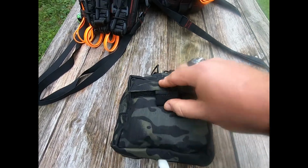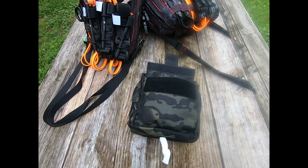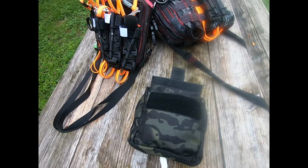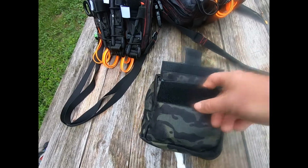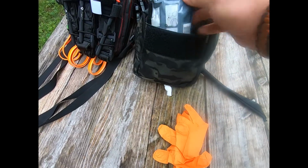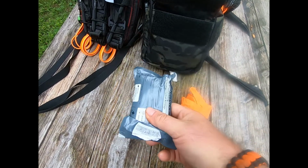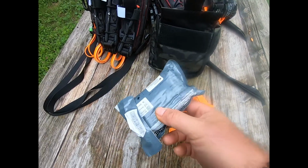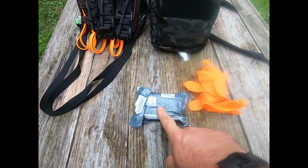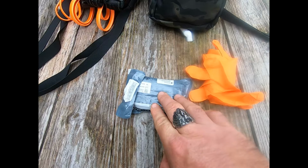And the fact that this is a flat face, it has this very handy little pocket in the front. So think to yourself, what would you want to do to a wound after you've packed it? Well, you'd want to cover it. So inside of this here, we have a pair of gloves. We have an Israeli bandage as just an option for a compressed bandage. A lot of the H&H ones are definitely superior, but they're also bulkier. And I think this is better than a compressed or small H&H gauze, especially for this application. So you have an Izzy,